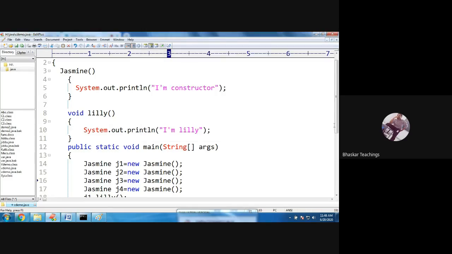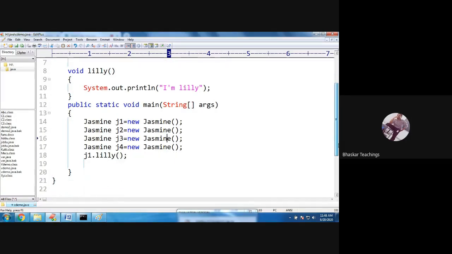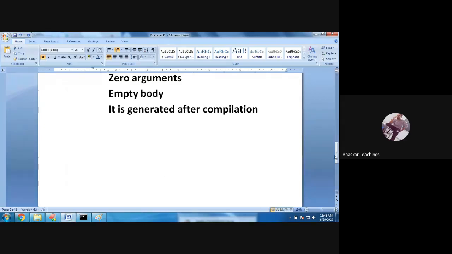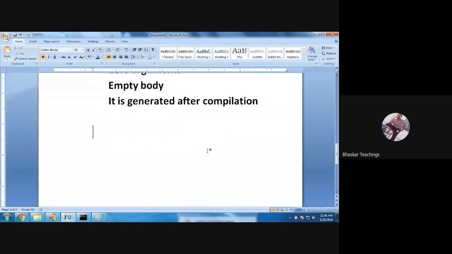Okay. Easy, right? Then now the next point is, sir, can we have only zero argument constructor in user defined constructor? Okay, you didn't get the point, right? This is actually user defined constructor.